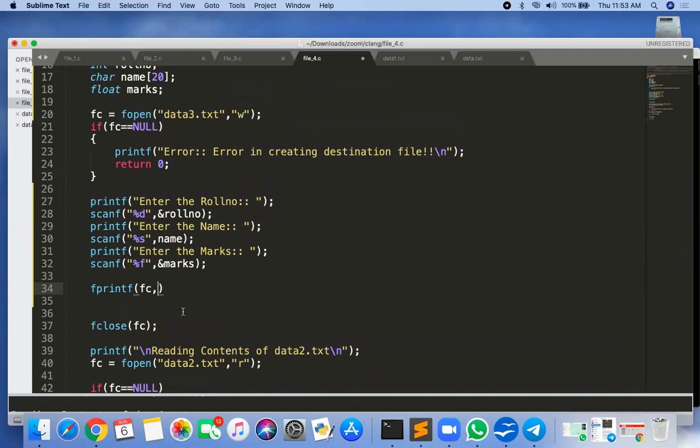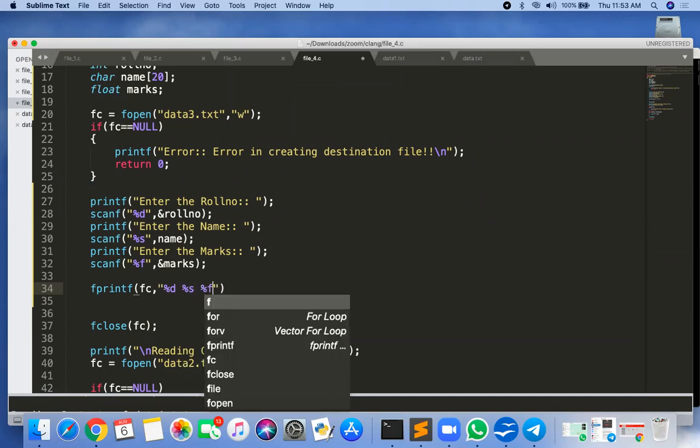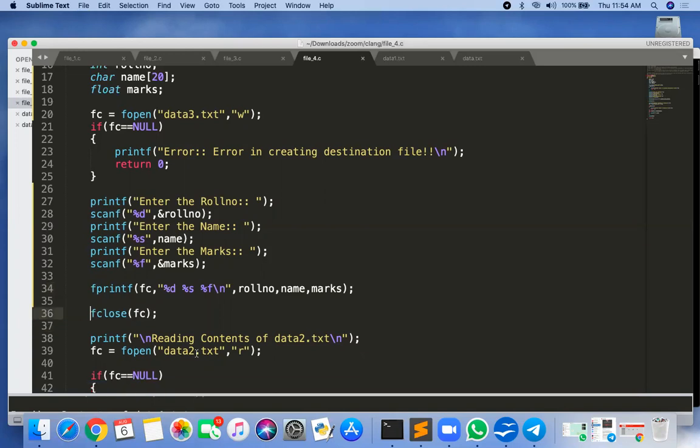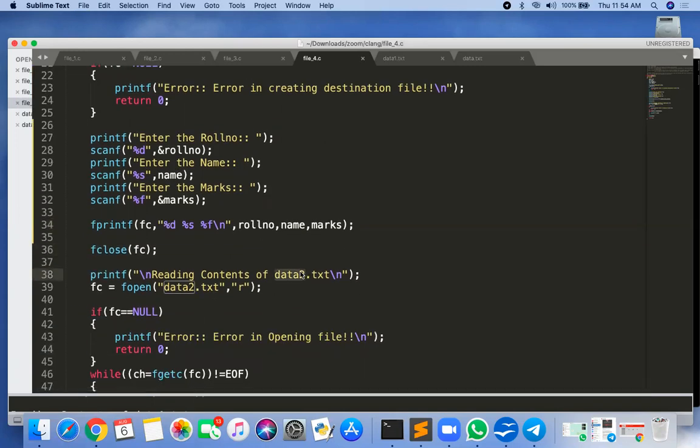I want to print on fc. So what do I want to print? First roll number, second your name, third your marks. So %d is the roll number, %s is the name, and %f is the marks. And then fclose fc, and we will see what the content of data3.txt is.